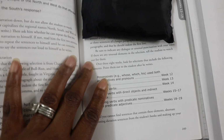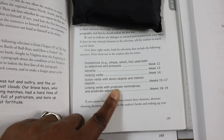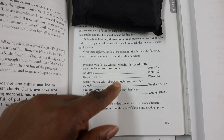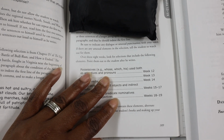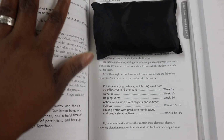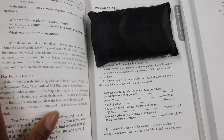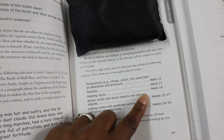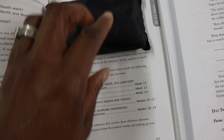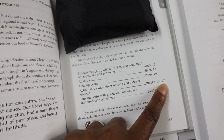You would have several weeks at a time where you would just be given guidelines as to the topic areas that they want to focus on for that particular week, and then you would find stories that you would use for dictation and narration exercises, using the examples included in the previous chapters to help guide you for some of those weeks. So if we look here, this is year 4, and looking at weeks 15 through 17,